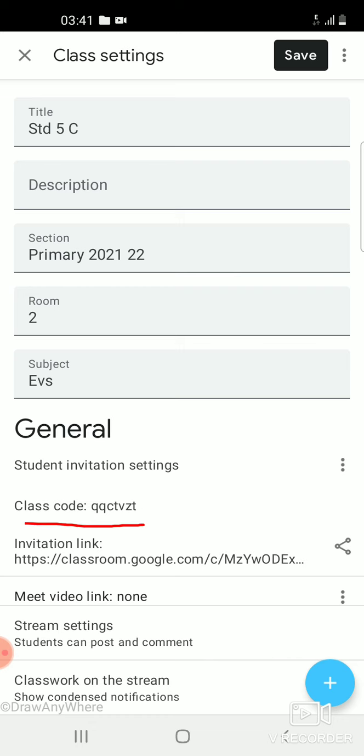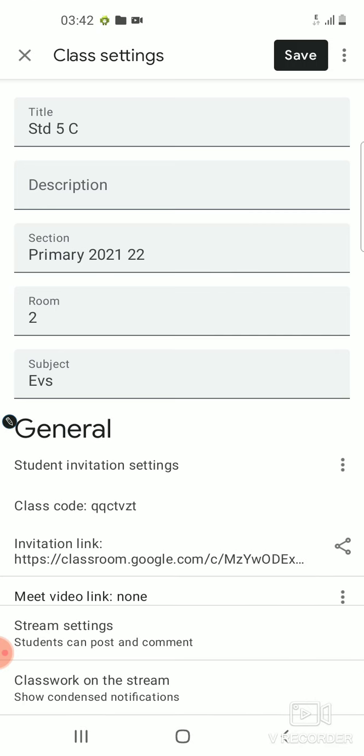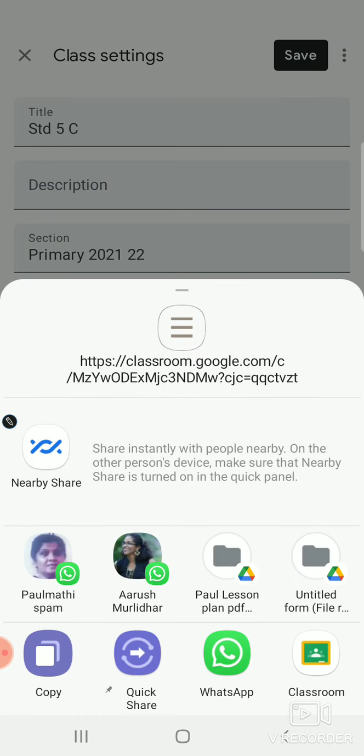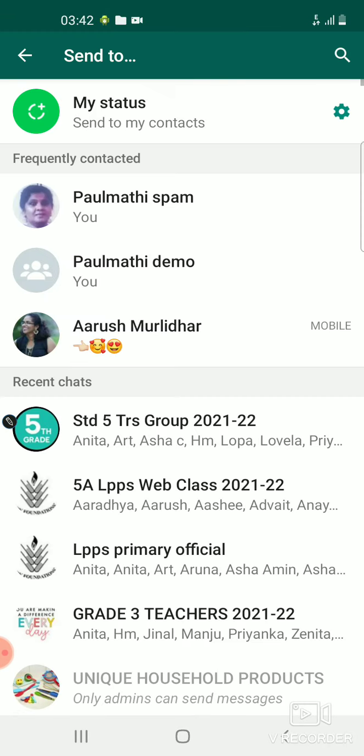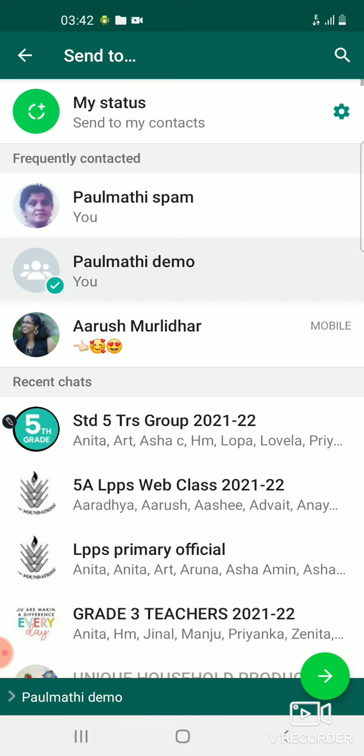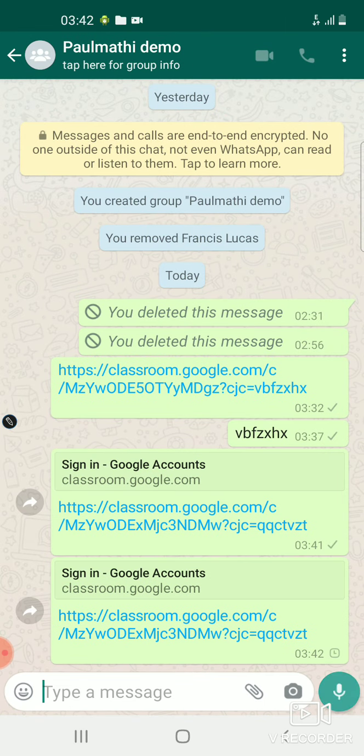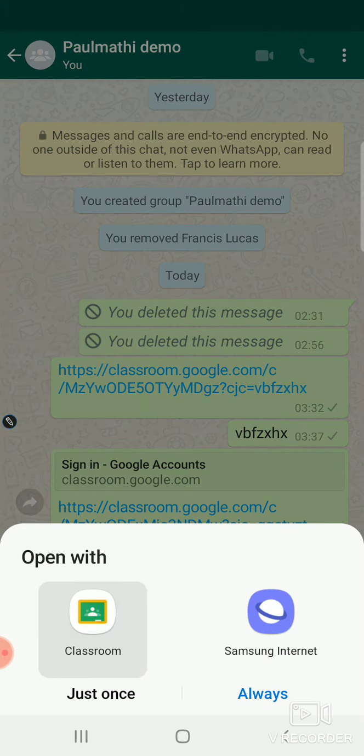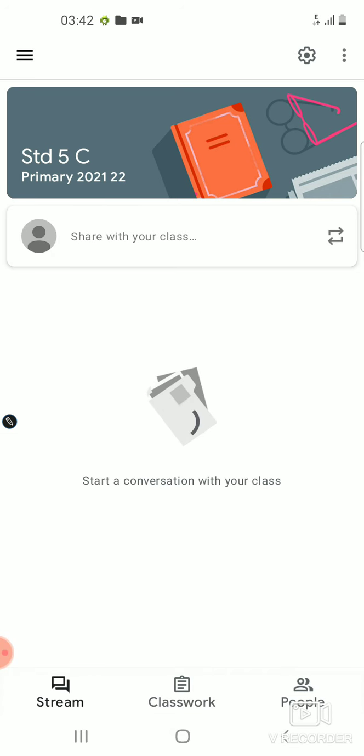Here we can see the code number and the link. Anything we can share to our students in their WhatsApp group. Now I am sharing in their WhatsApp the link, the same link which I have done earlier. Same way, when you click here, we can come to the Google Classroom.